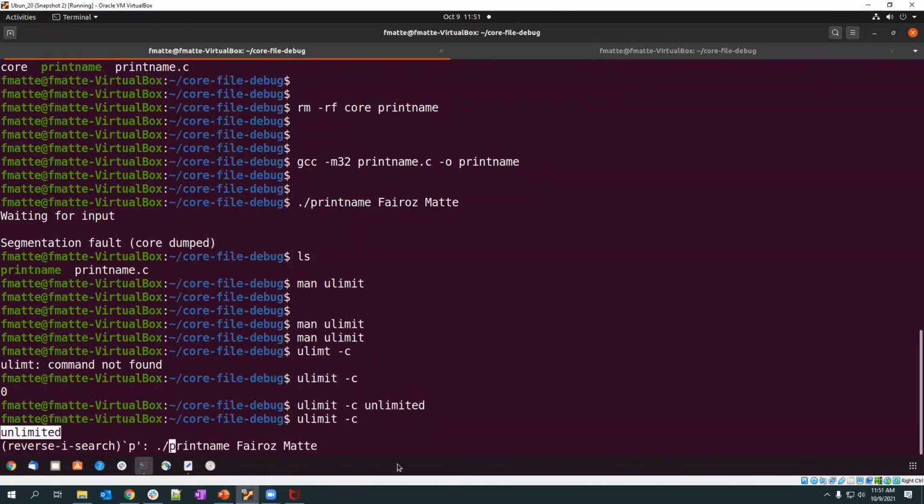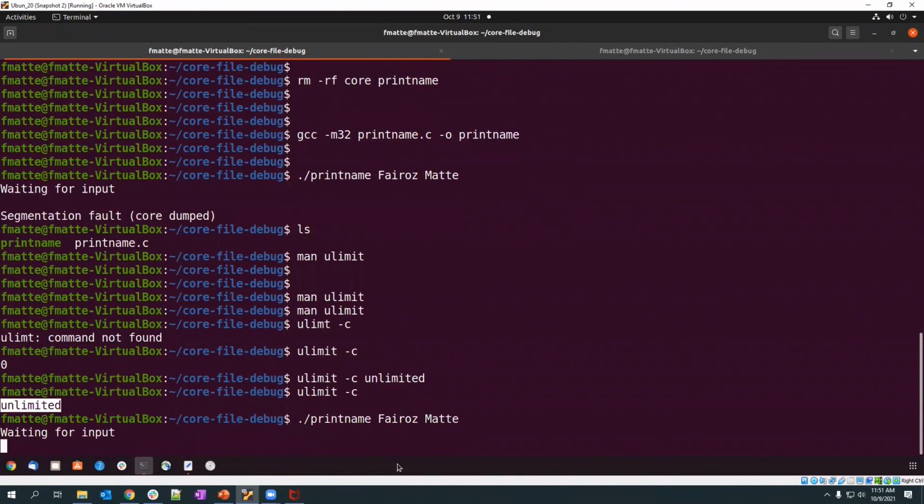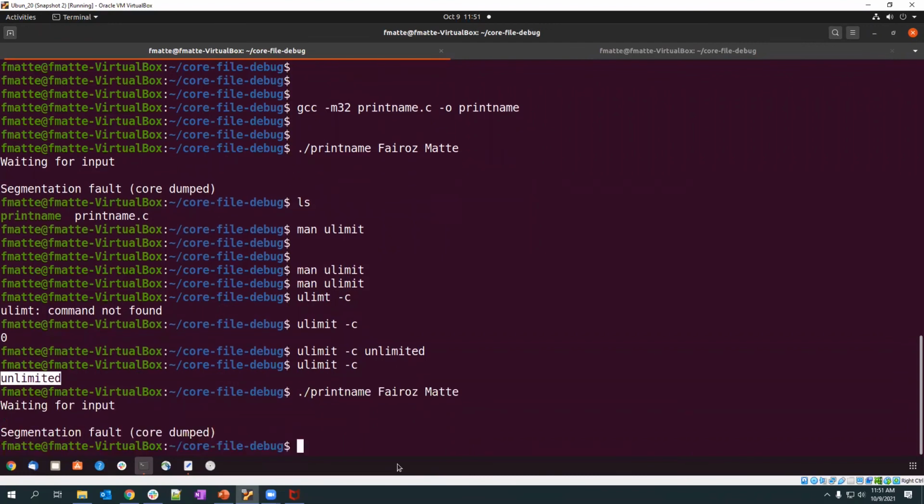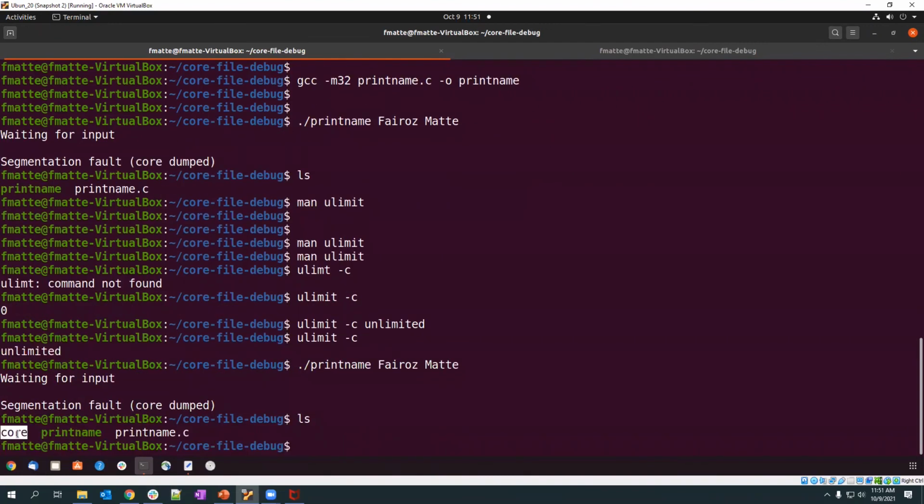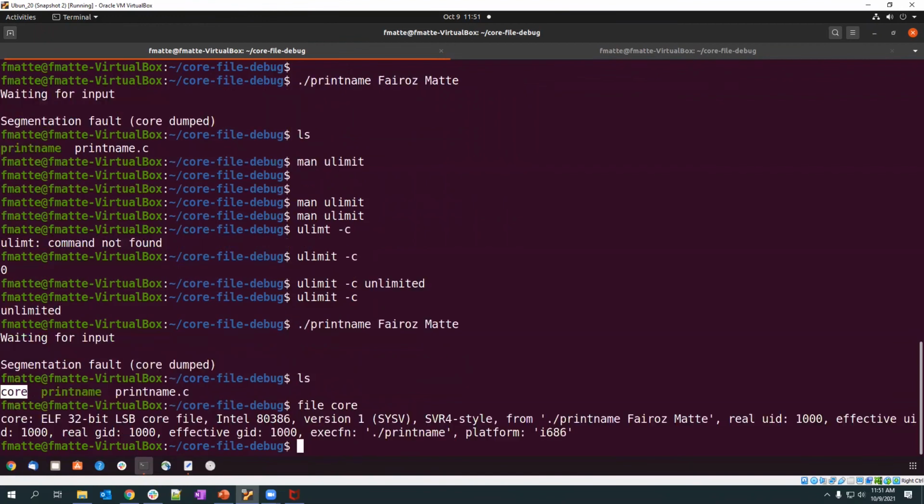Let me run my program again. This printname is waiting for our user input. Now the core is done. You can see the core file. Now, if you examine the file type, you may ask what I am doing. I'll be doing this a bit faster, because this is the place where we'll be working at the command prompt, so I know how to quickly write and quickly execute. But if you are not understanding, just stop me anytime and I will explain what each command does. So the file command will tell you the file type of the argument you have passed to it.